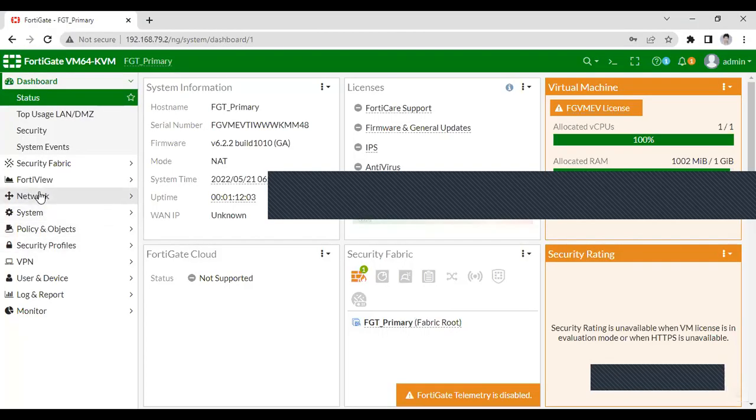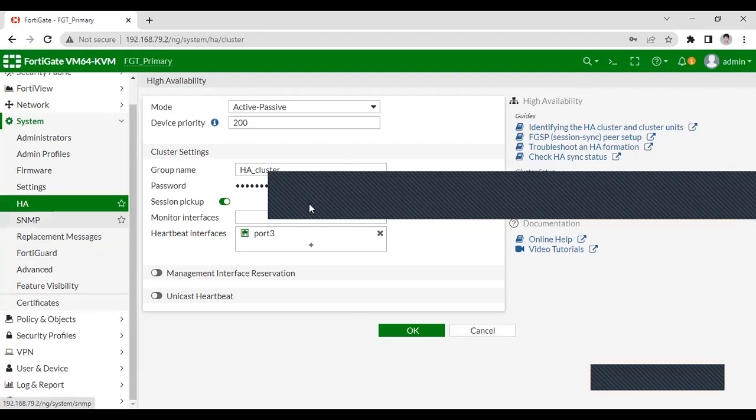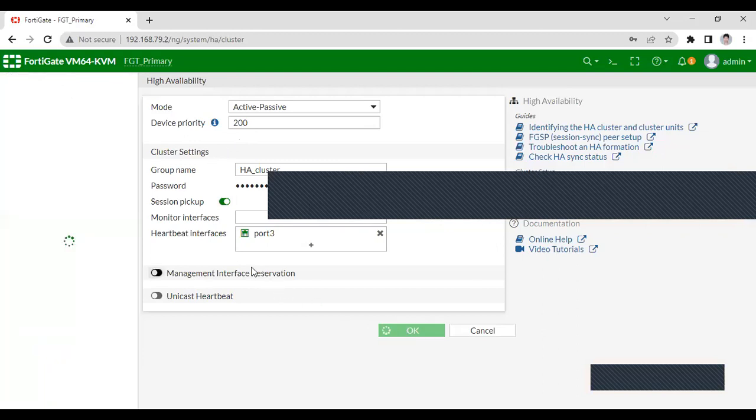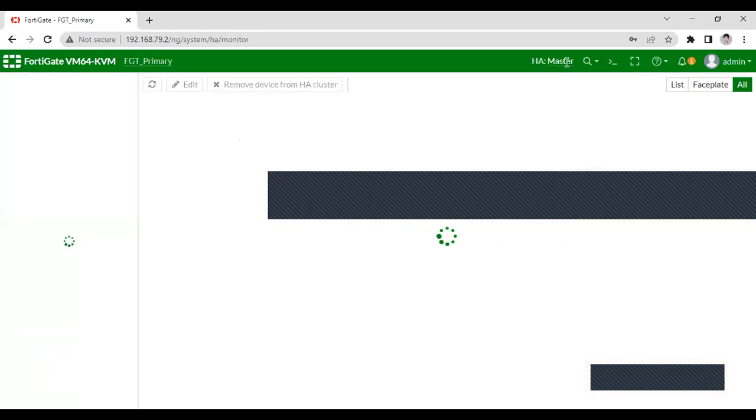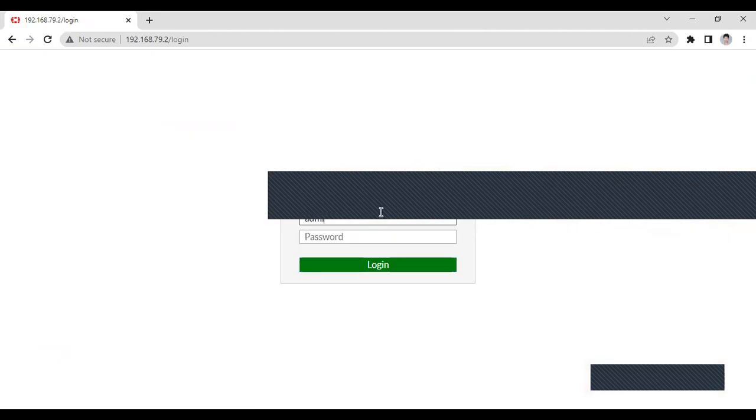Go to System. As you can see, I have to configure the HA cluster. Just wait a minute, because it will take time. Till now, the secondary firewall didn't come up. Let me log out of this firewall and log in again.